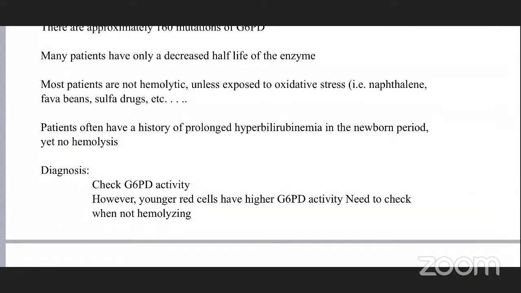However, younger red cells have higher G6PD activity, so we need to check when not hemolyzed. When you talk about this variant of enzyme production, sometimes during the neonatal period we see prolonged neonatal hyperbilirubinemia, and we check the level of G6PD, and sometimes the child is found with intermittent